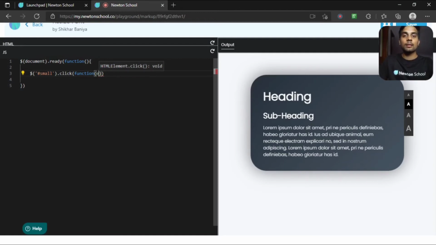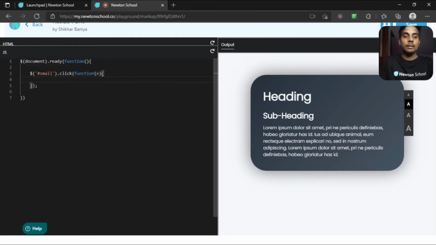It will hold the information of that click event. And since it is a function, we have to write the curly braces, open and close. So this is the basic structure of selecting an ID or adding an event to it. So whenever the user clicks on this ID, I want to call a function.